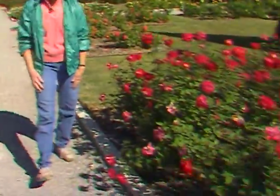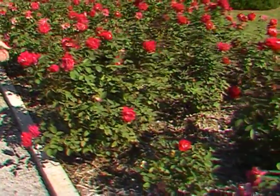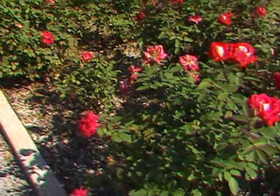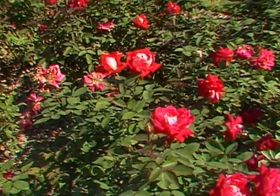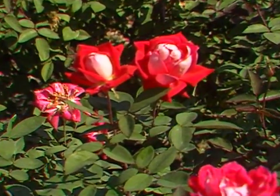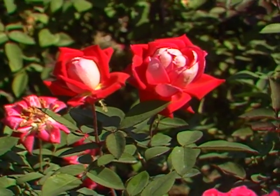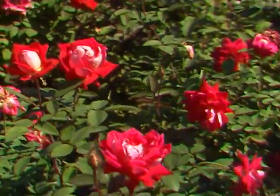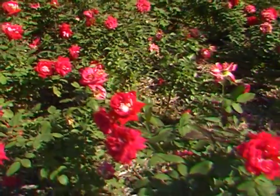Now, this is a grandiflora. What the grandiflora does is it takes parentage from the hybrid tea and the floribunda, and you've got good qualities of both. Okay? The plants grow taller, and you also tend to have the candelabra effect that I was talking about earlier. Although that's not always true,